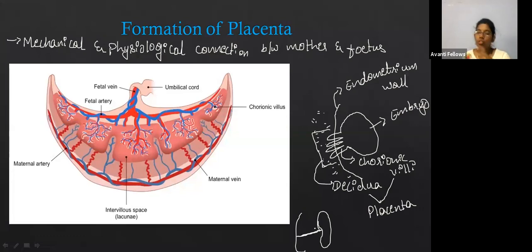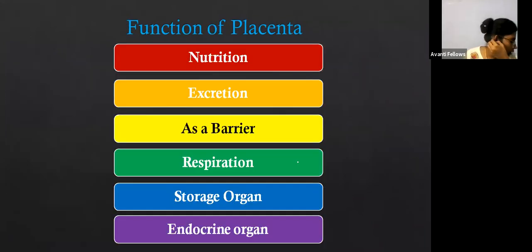First the chorionic villi will be there. After many days, what happens? The development of the baby starts, right? So at that time, there is a connection between the placenta and the fetus. That connection is called the umbilical cord. Okay. So through the placenta, the mother can give the nutrition to the baby.